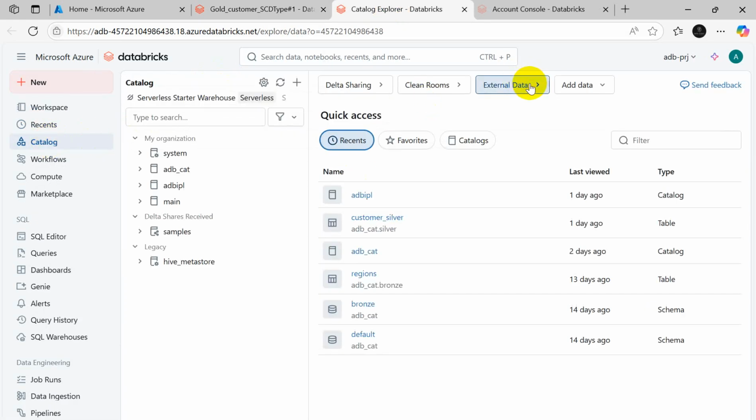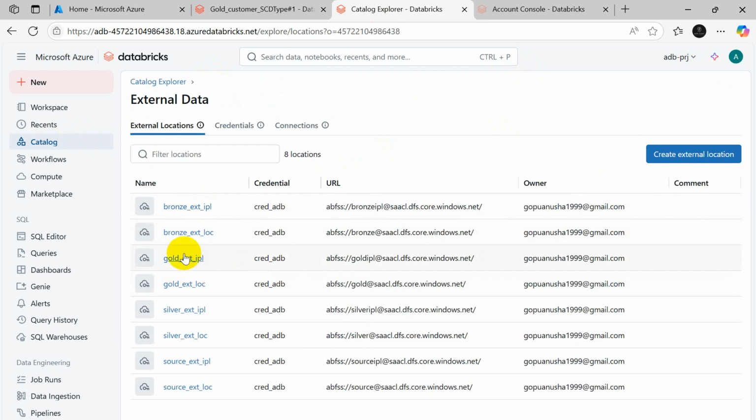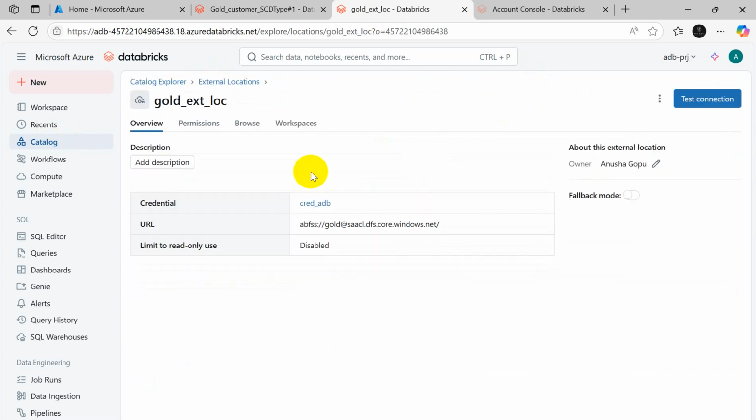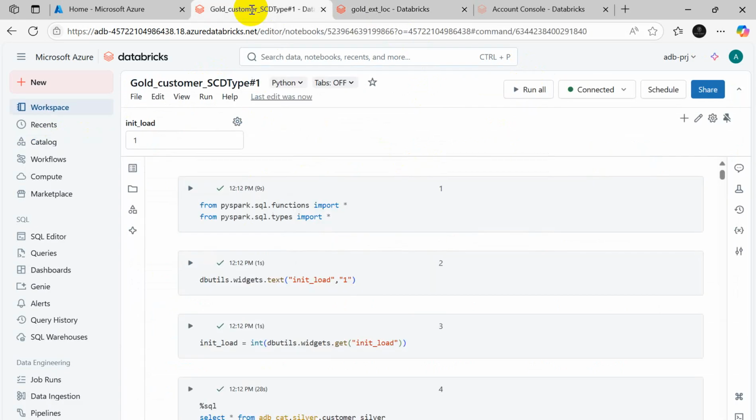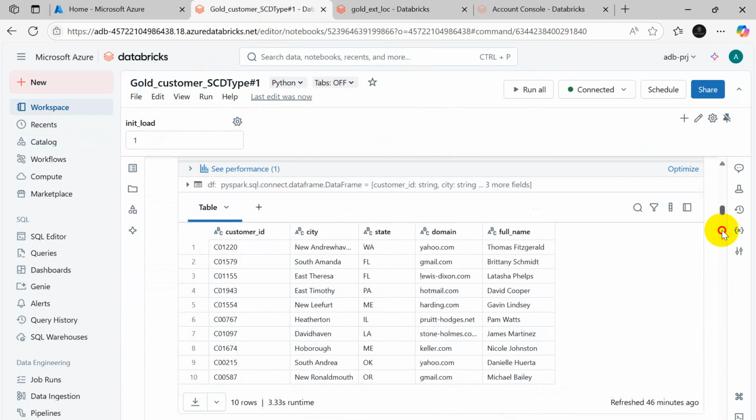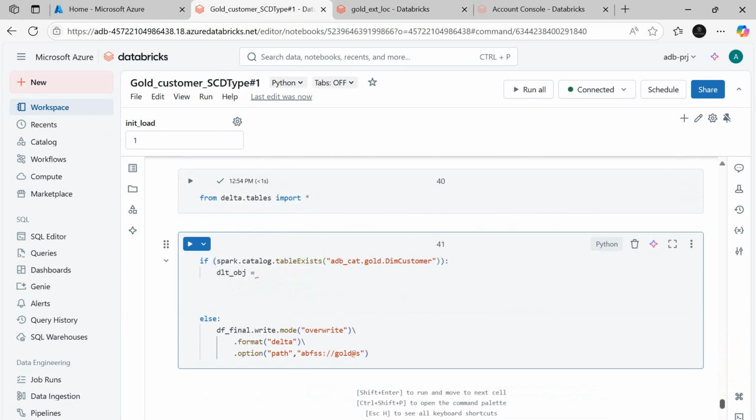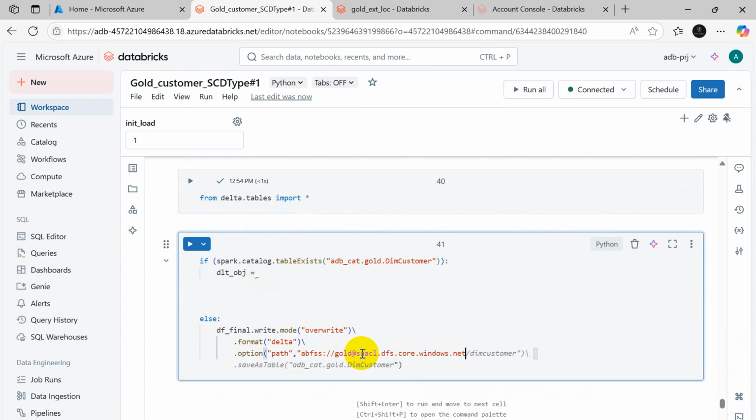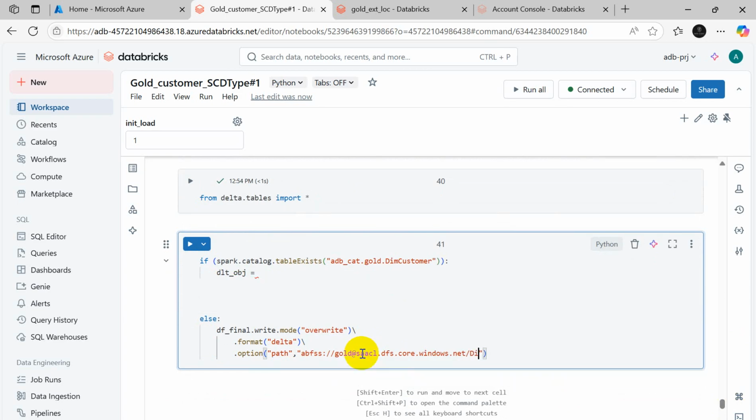In this catalog, I can go to external data, and this is the one, right? See, SSACL. Okay, right. SSACL dot dfs dot core dot windows dot net. Okay, and inside this, I want to create the same table which I am creating here